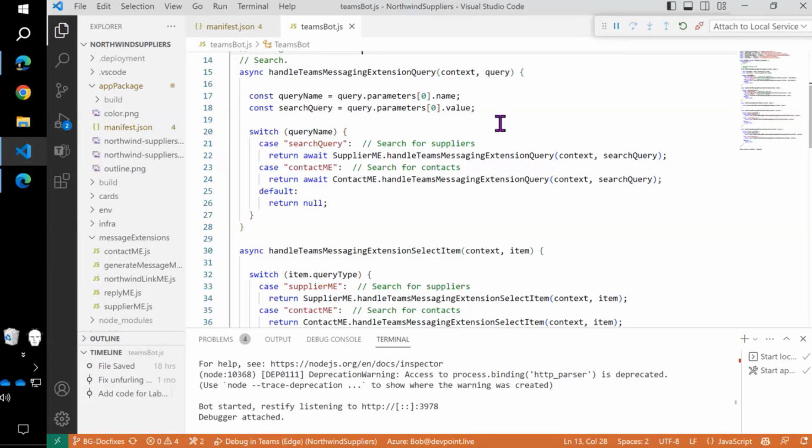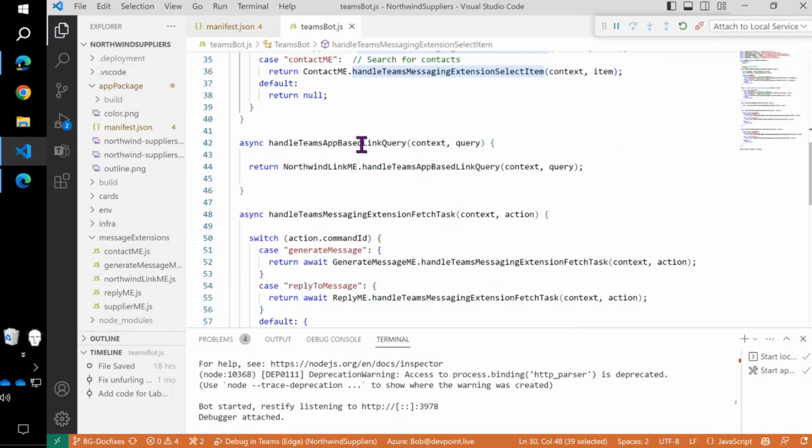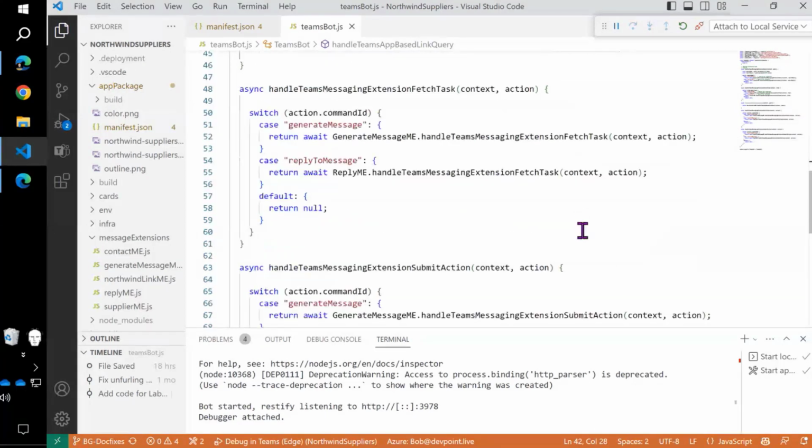So here we are getting the query from the search request, from one of the search message extensions, and we're going to dispatch that out to whichever message extension it is. Here somebody clicked on one of the items in the search. Here somebody did the link unfurling, pasted in a link that matched, right? So every time there's an interaction, there's going to be one of these incoming requests, and then we're going to dispatch that out to the individual message extension code to actually go and call the web service and provide back the information.